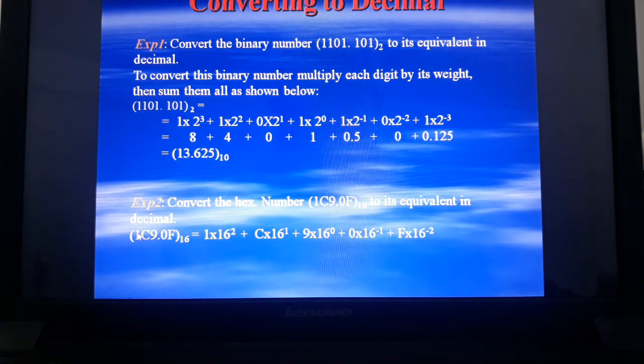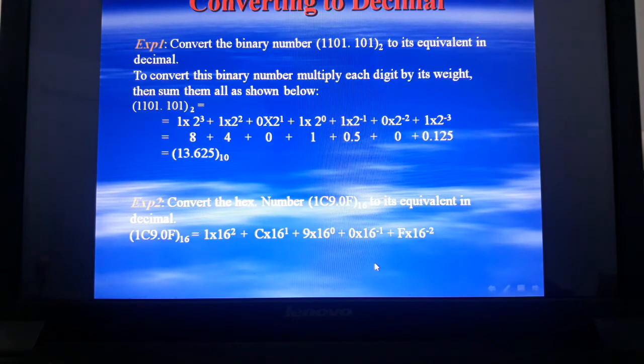The most left number is 1 multiplied by 16 to power 2, that's its weight, plus the C multiplied by 16 to power 1, which is its weight, plus 9 multiplied by its weight, and the 0, which is the first number in the fraction, multiplied by 16 to power minus 1, and finally the F